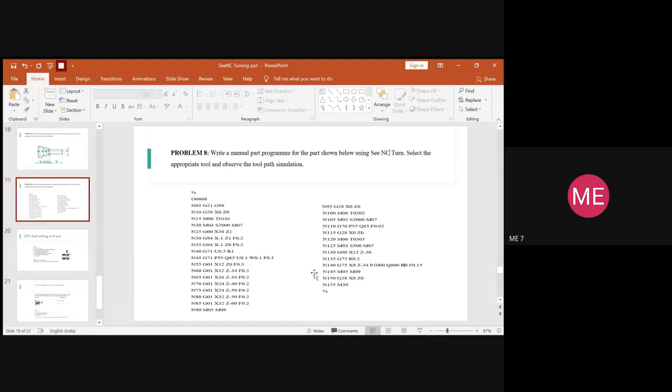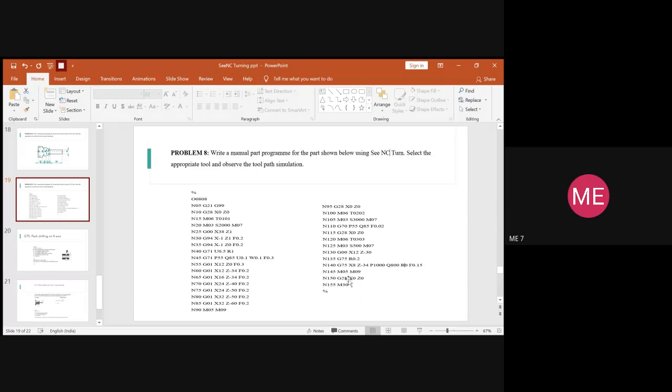So you will complete the drilling operation. Once that is done, we have to turn the spindle off and also the coolant off. After this, you have to send the tool again to its home position. So you will type G28, X0 and Z0. Once the tool is set back to the home position, you have to end the program.